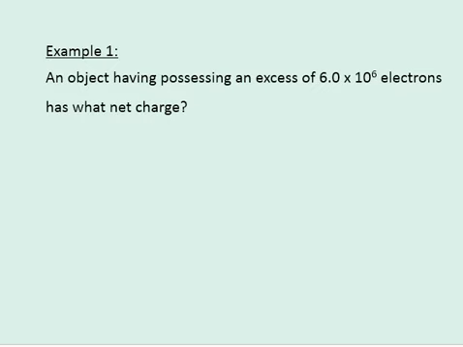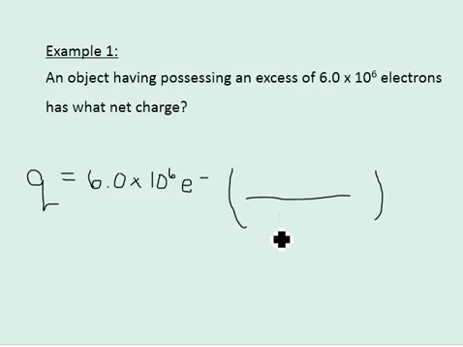Okay, let's look at an example just to make sure everything's making sense. We have an object that has an excess of 6.0 times 10 to the 6 electrons, and we want to know what its net charge is. So, net charge is represented by that lowercase q, and the net charge is going to be caused by those 6.0 times 10 to the 6 electrons. And we have to remember that every electron